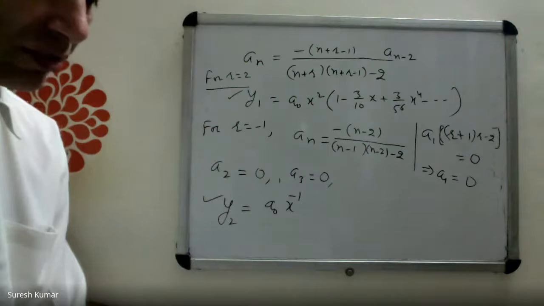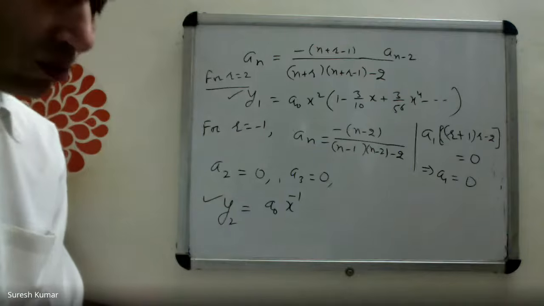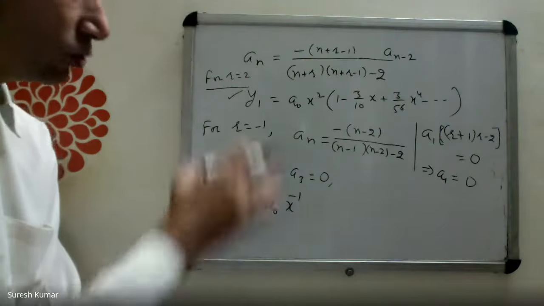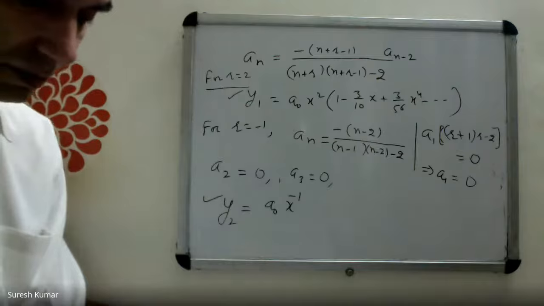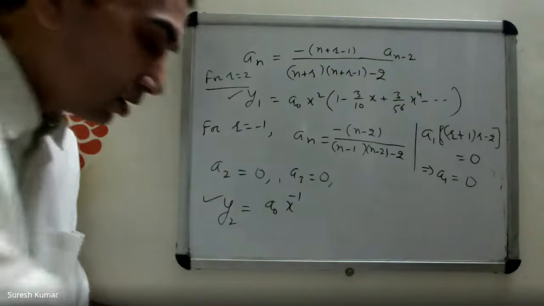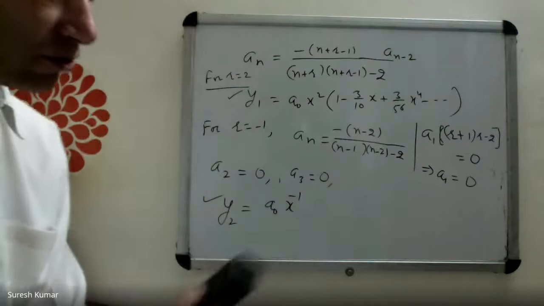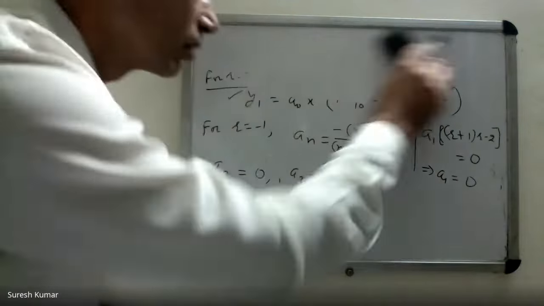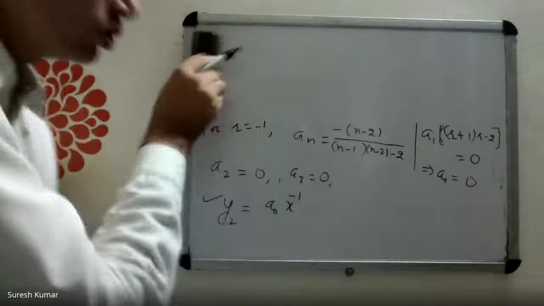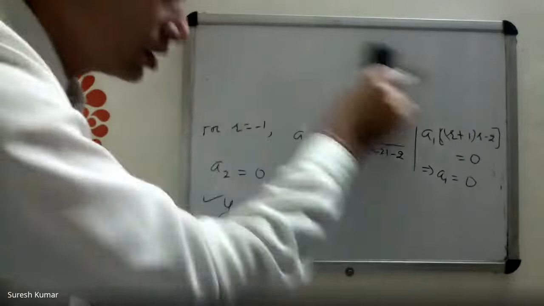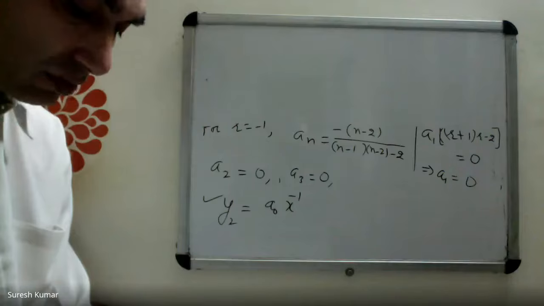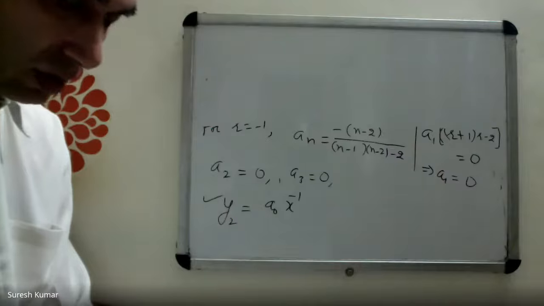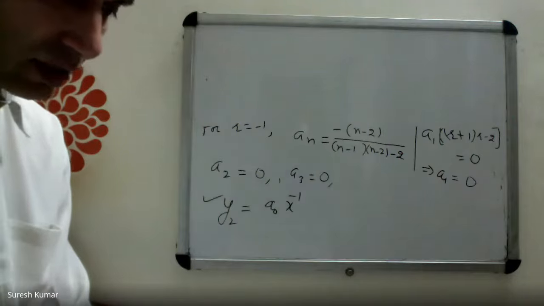So this justifies the fact that you may get more than one solution even if the roots differ by an integer. So it depends on the differential equation and the recurrence relation. Let's see one more problem that is also a different type. Sir, is that solution a Frobenius power series solution then? The second one? Yes, of course. You are getting it directly through the recurrence relation, isn't it?